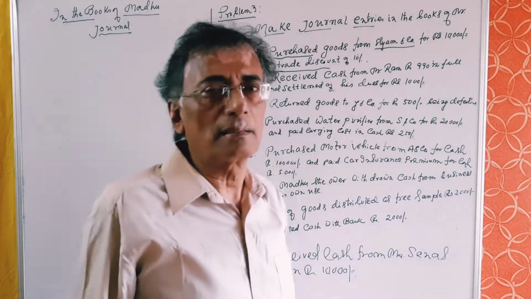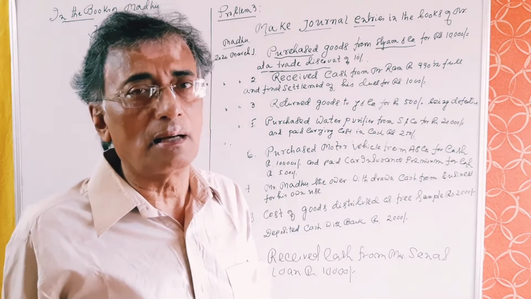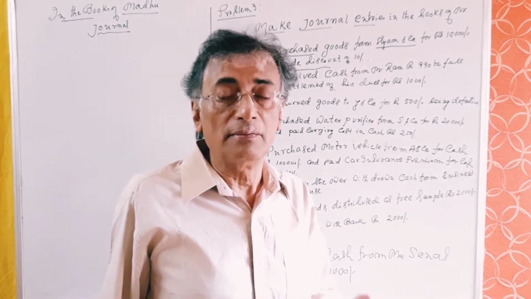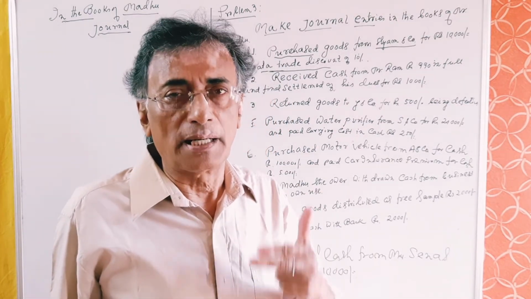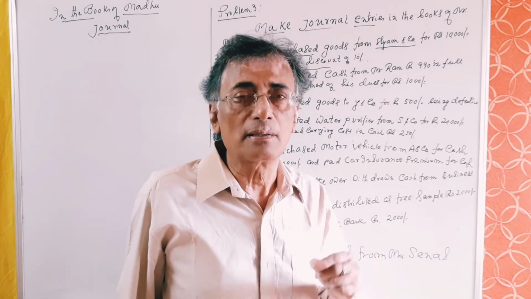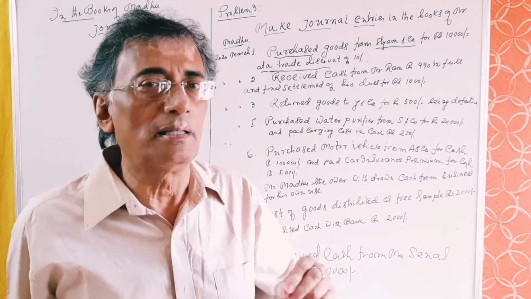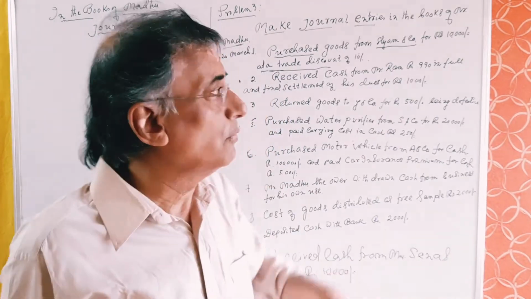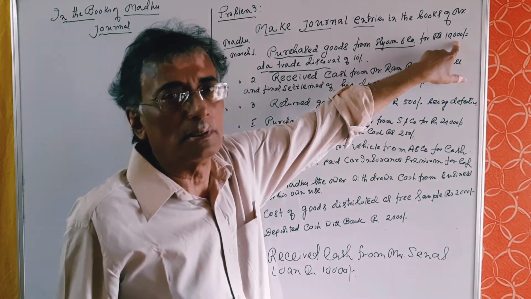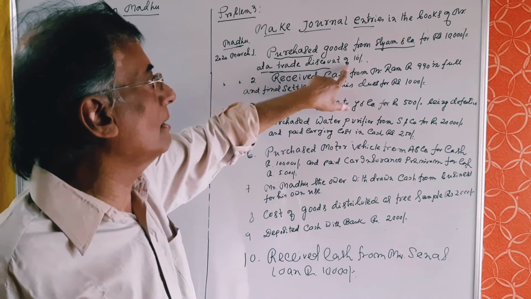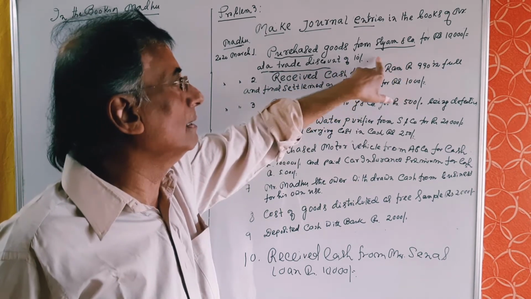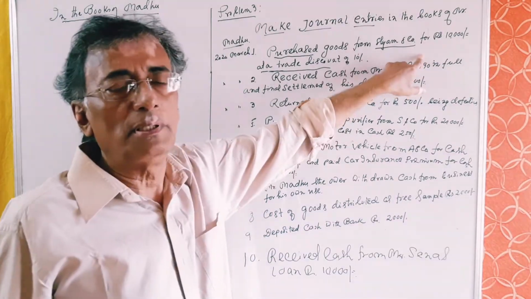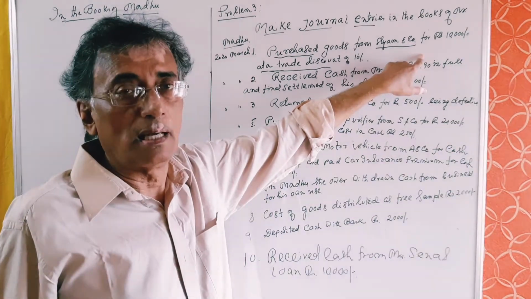And there is another condition in this transaction, that this purchase is being made at a trade discount of 10%. I have already discussed in the previous class the definition of trade discount. Trade discount is the allowance or rebate given by the vendor to the buyer as a practice of that particular trade, and it is not recorded in either of the parties' books. The transaction is recorded at net of purchase price. So what is the total value of this transaction? 10,000. And what is the rate of discount? It is 10%. So we shall deduct 10% of 10,000, that is 1,000, from this 10,000, and the value of the transaction will be recorded in the books as rupees 9,000.